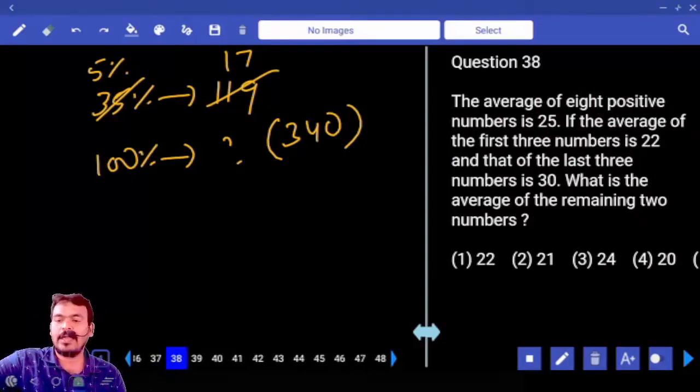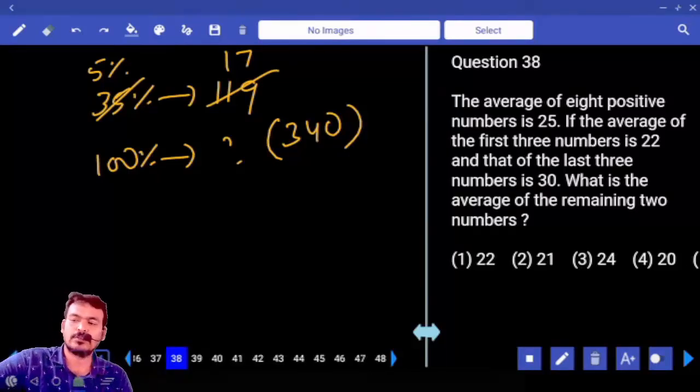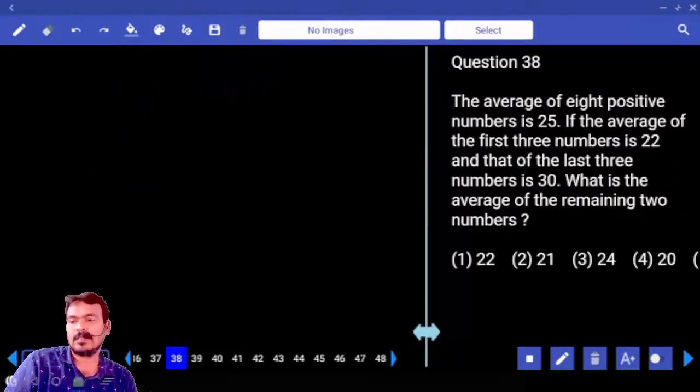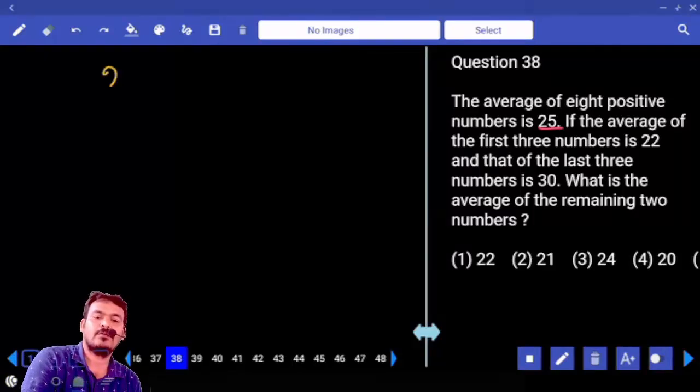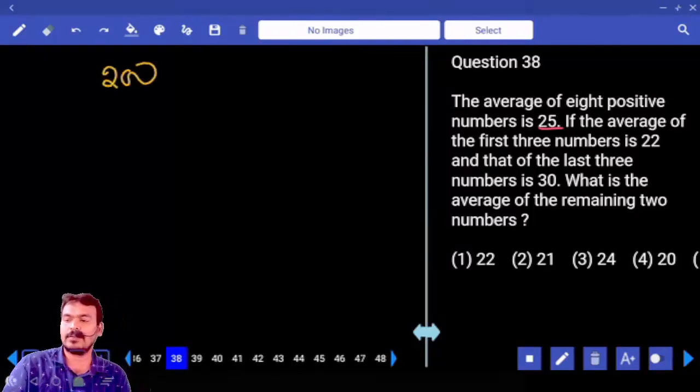Next, question number 38. The average of 8 positive numbers is 25. If the average of the first 3 numbers is 22 and that of the last 3 numbers is 30, what is the average of the remaining 2 numbers? Total how many numbers? 8 numbers. 8 numbers with average 25 means the sum is 200. In that, the first 3 numbers average 22, so the sum is